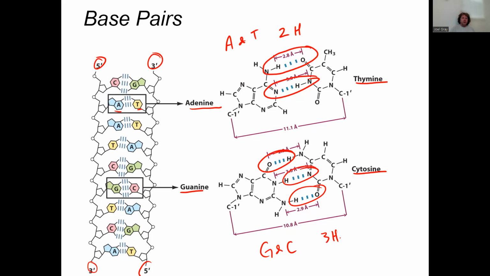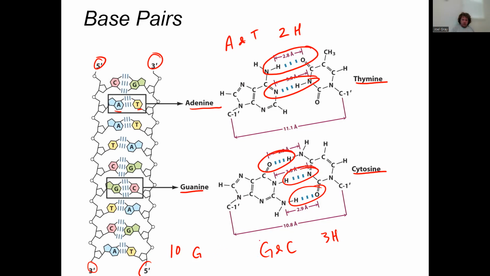So if you have a DNA molecule that's nothing but G and C, those are going to pair up with nothing but G's and C's. Compared to a molecule that's nothing but A's and T's, that will pair up with something that is nothing but A's and T's. So if you have a DNA strand that's 10 G long, then that is going to